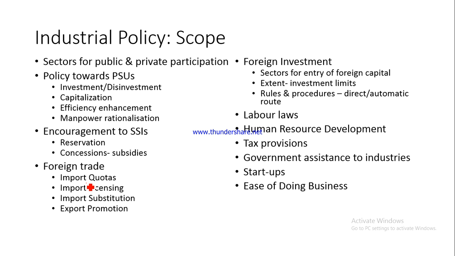So how would the government make it easier for the businesses? What all would the government do so that doing business in India becomes easier, less of a risk, less of a headache? What are these provisions that the government will make? What are the government plans for making it easier for the businessmen to operate in India? These things are earmarked in the industrial policy. This is fine. So with this we have talked about the scope of industrial policy,